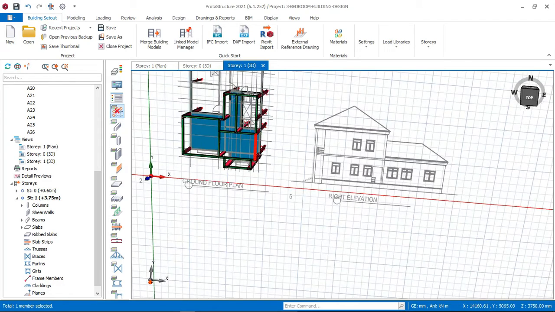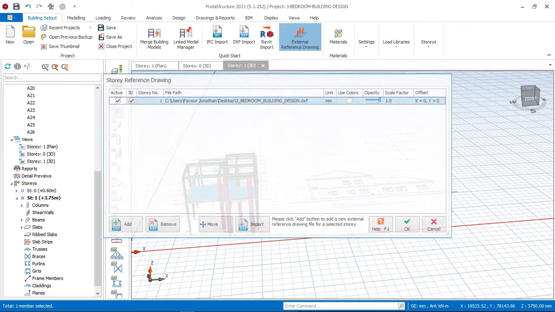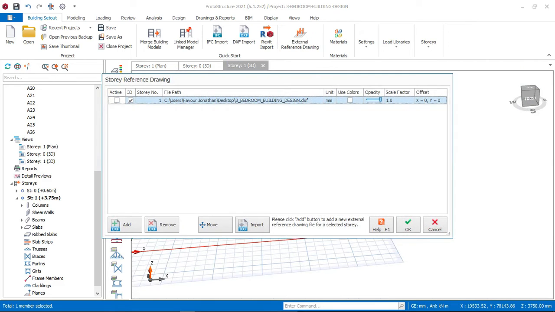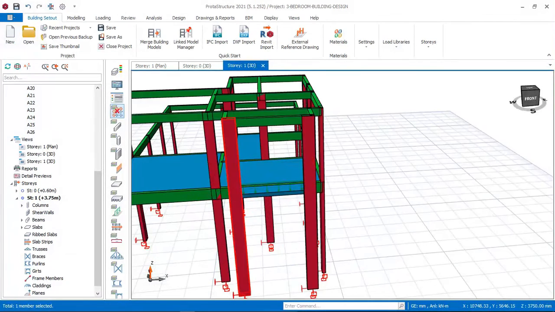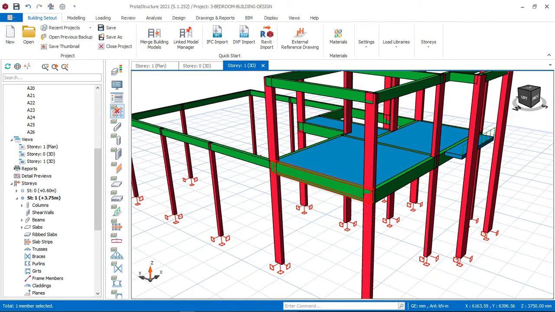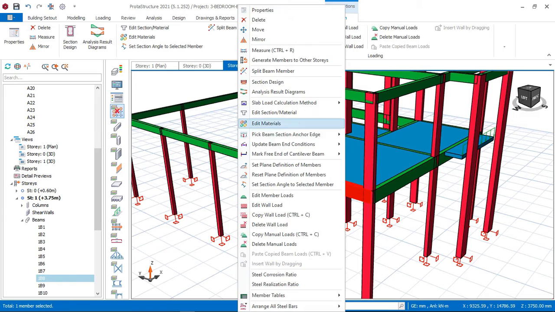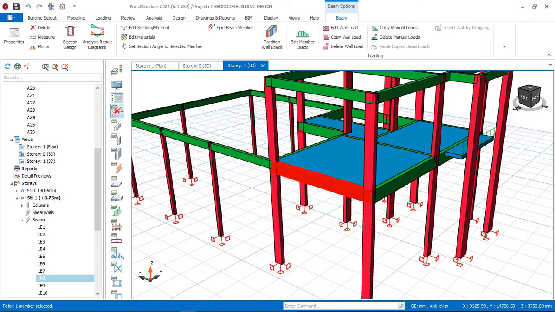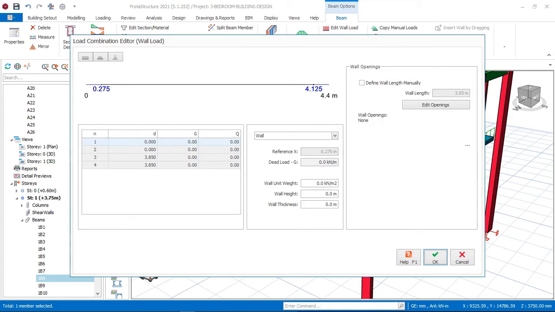Right now I'll turn off the active reference drawing area, and then click on one of my beams. Click on this beam, right click and say edit beam wall load. Go and click here, edit beam wall load. Now on this beam wall load, we have done much video on how you can input these values. So this value right now is